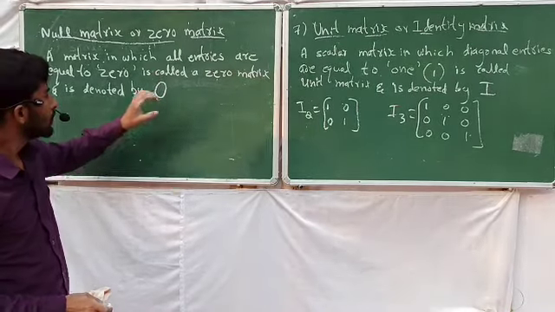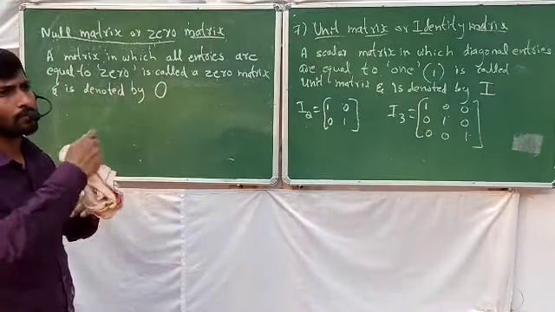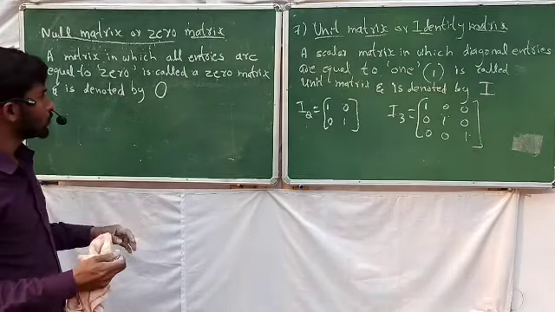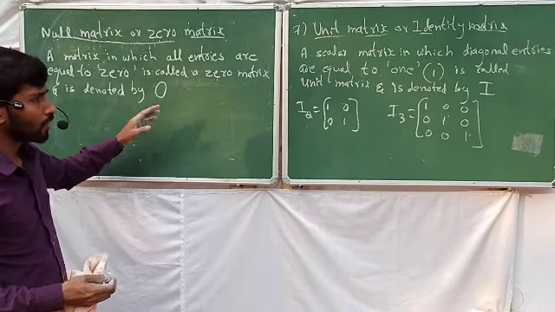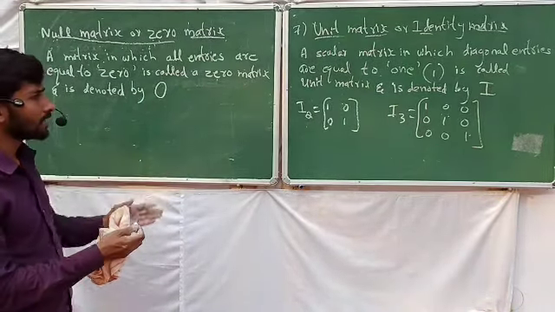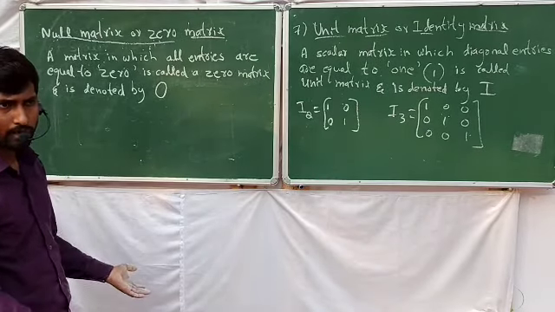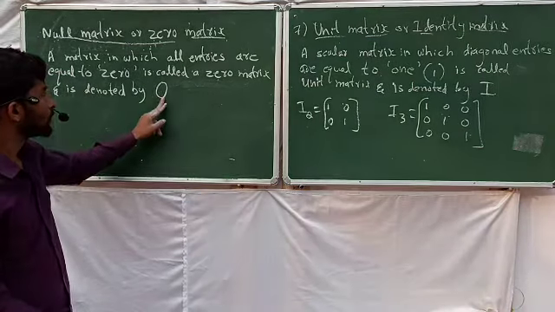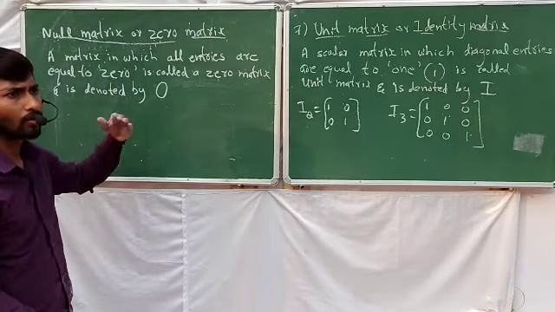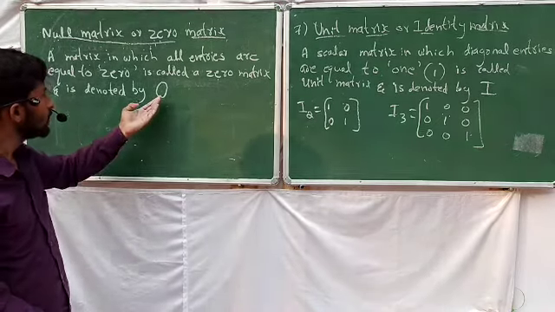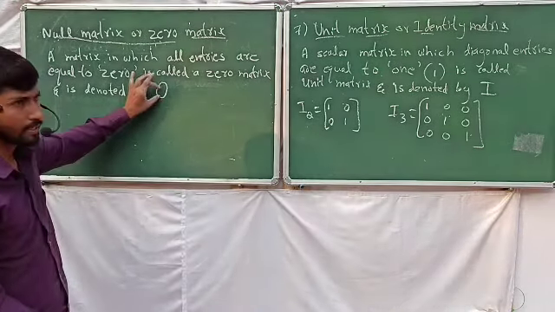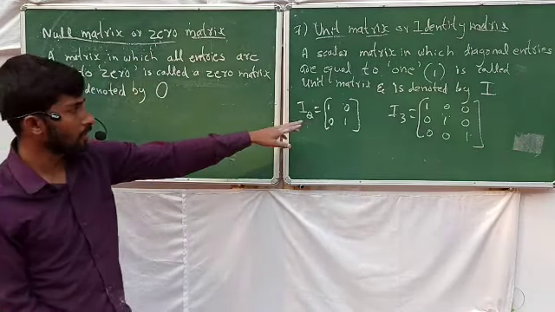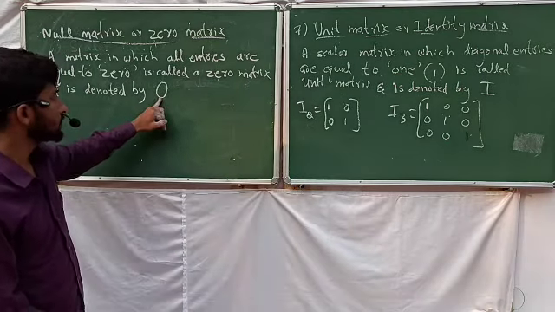Whenever 0 comes in the matrix chapter, suppose you are subtracting 2 matrices or adding 2 matrices, and you get 0. In the textbook they may give simply 0, but whenever you are doing operations in matrices, adding or subtracting 2 matrices, when they write 0 it's not a single number 0. 0 represents the zero matrix, which may be of order 2 by 2 or 2 by 3, likewise. Remember that 0 is not a single number, just the notation of the zero matrix. Matrix is not a single number. Here 0 represents the whole zero matrix.